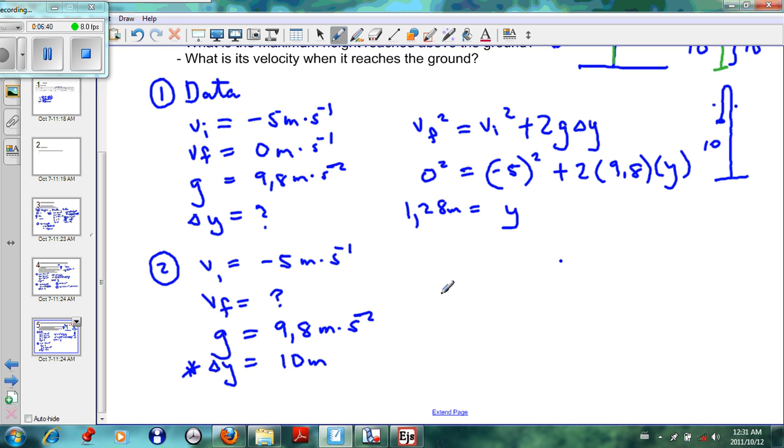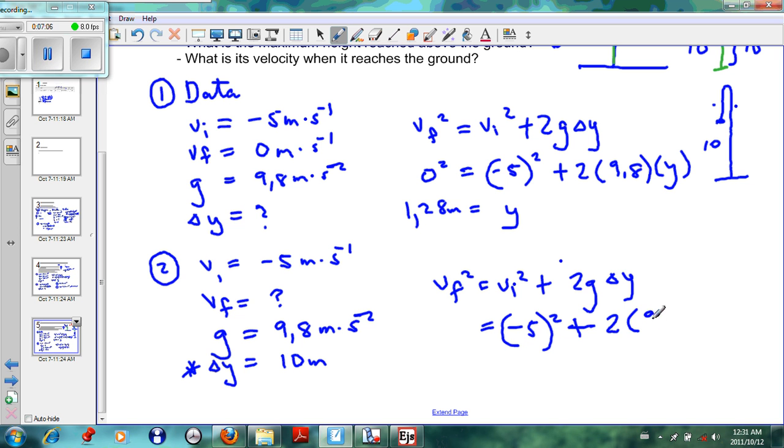Now if we have to work it out, we take our equations of motion, and we get Vf squared equals Vi squared plus 2g delta y. Your final velocity is what we want to find. Your initial velocity is minus 5. Don't forget to square, plus 2 times 9,8, and the displacement is 10. That's very important. And if you work this out, 5 squared is 25,